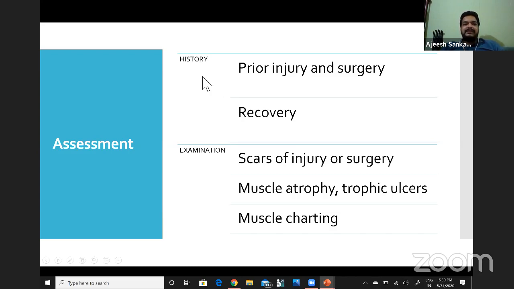The important part of this history, since most of these are either traumatic or coming from iatrogenic causes, is to take a proper history of the injury as well as what surgery and how it was performed. And if the patient is able to give you any history regarding recovery, that has to be recorded as well. And the examination, to match that, would be to delineate the scars of the prior injury or the surgery, and, common to other peripheral nerve injuries, look for muscular atrophy and trophic ulcers, especially in the foot,